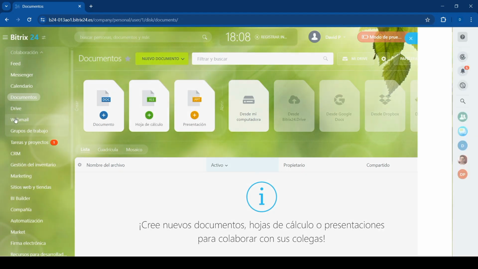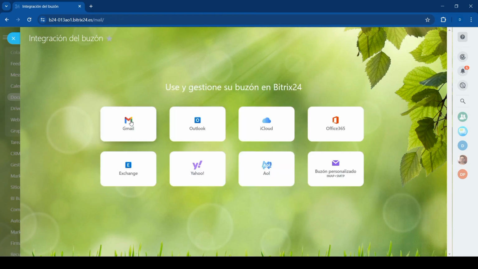And in webmail, you can also link it to the application of your choice, such as Gmail, Outlook, iCloud, and other programs,